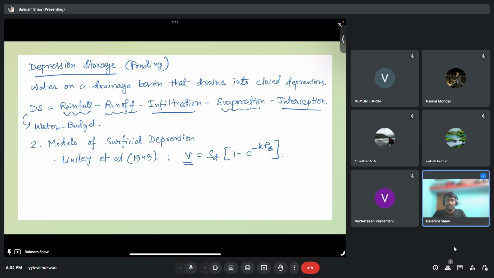Okay. So the next question is about the factors that are directly proportional, that is, evaporation increases with an increasing factor. Okay, we have not discussed evaporation. First we'll discuss evaporation. I don't think we have questions on depression storage. So now we'll move to evaporation.